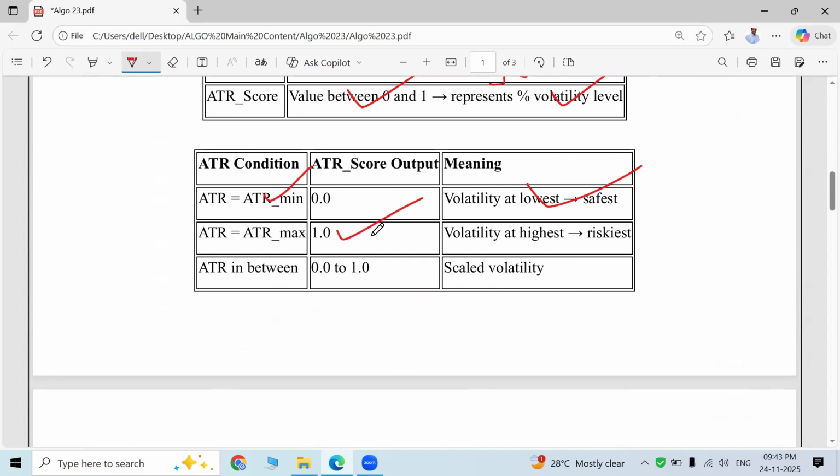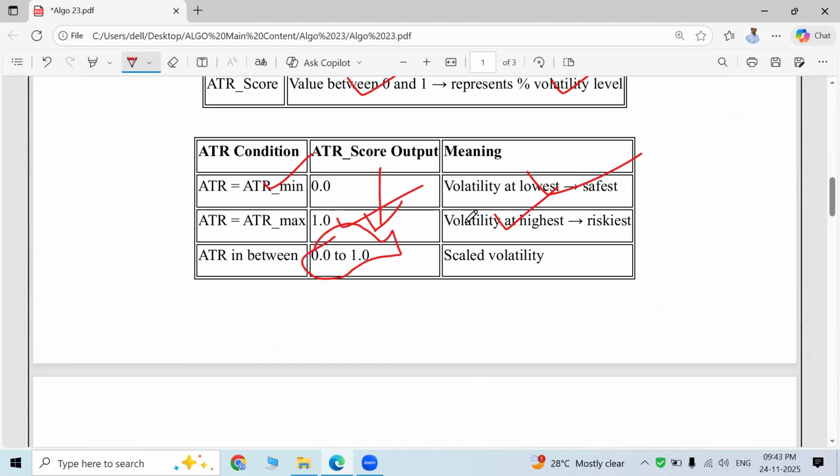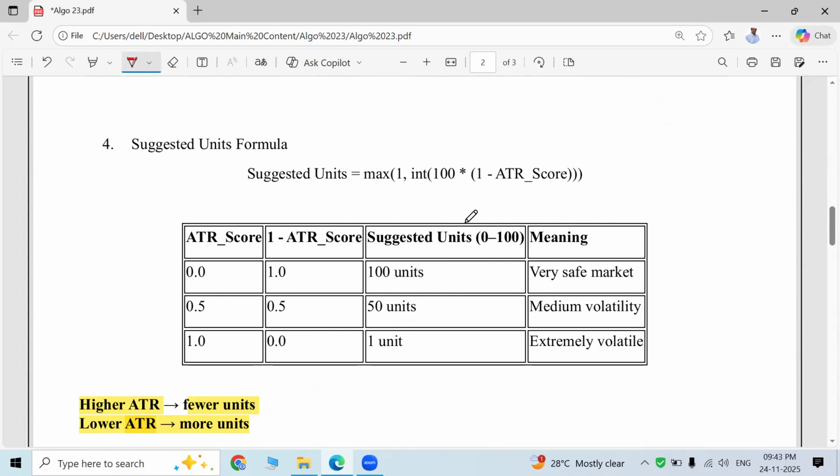And if the ATR is very high, that means the market is going to be very volatile, so it's the riskiest condition. So we are going to decrease our position size. ATR is always between 0 and 1. Okay. Now once we get the ATR score, after that we are going to calculate what would be the suggested